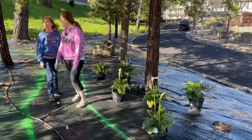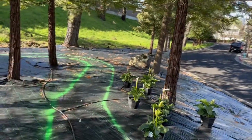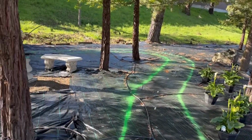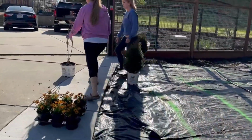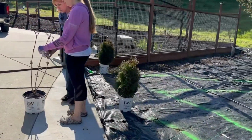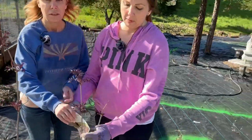How about the Black Lace Elderberry now? Let's look at the tag of that because I'm not sure what its requirements are, and I do want it to berry for me. I'm interested in making elderberry syrup. That'll be interesting. Yeah. And it also is this beautiful purple color that you can see, and then do you see the pink? Mm-hmm. The pink color that it...